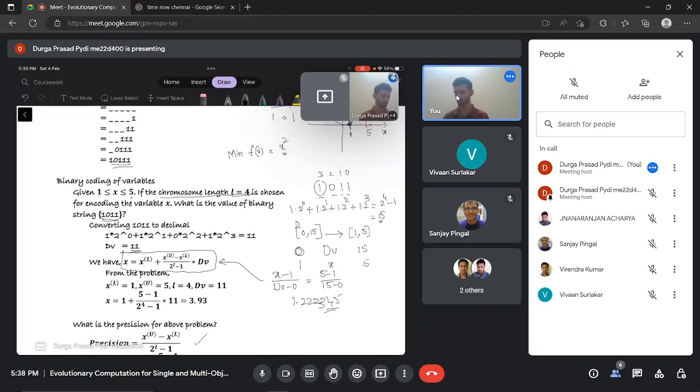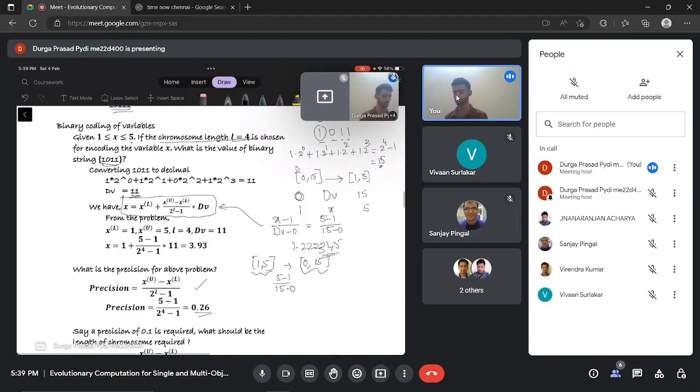This is the formula they are using. You essentially have limits between 1 and 5, and to represent this 1 and 5, you are using 0 to 15. So the precision you will get is the range of this, divided by the range you are using to encode that particular information, 15 minus 0. That gives the precision. The precision is around 0.26, which essentially means